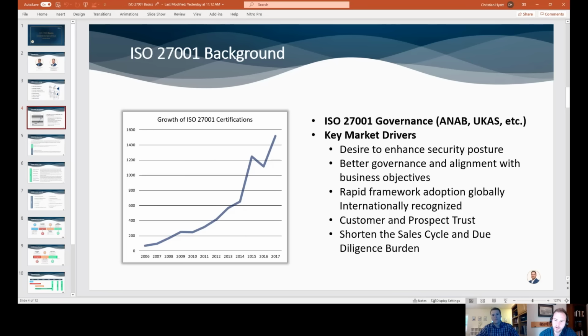Yep, and we'll talk about it here in a minute too. But ISO is also one of those standards that people are using to unify their entire compliance program. So if you're that risk management professional, looking for a way to ease the compliance burden on your organization, but still have a great security program, ISO 27001 is a great, broad, and flexible framework to do that. And we'll talk a little bit more of that in a minute.